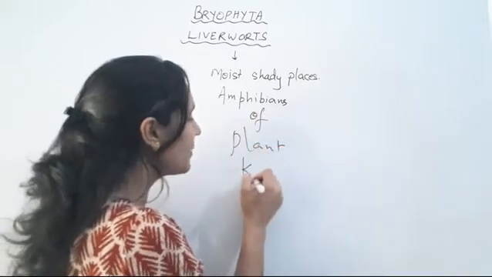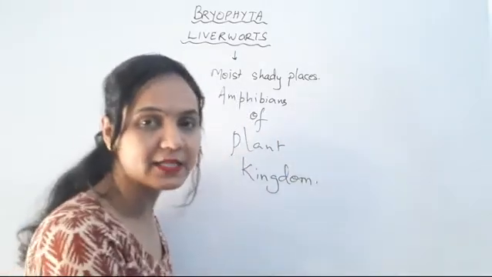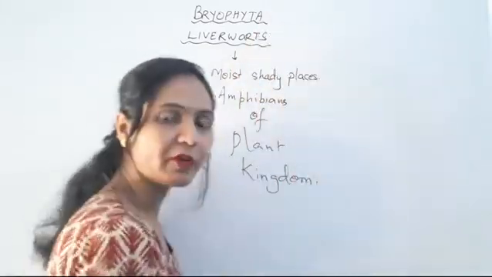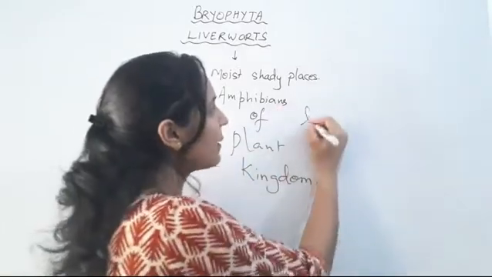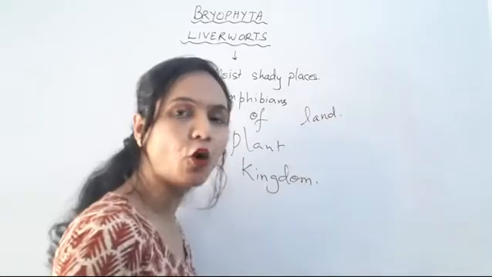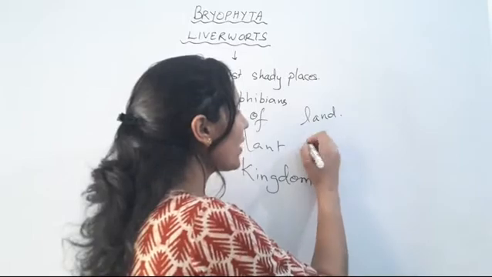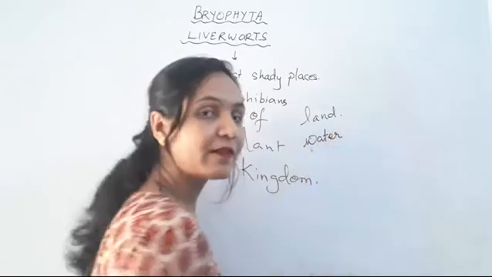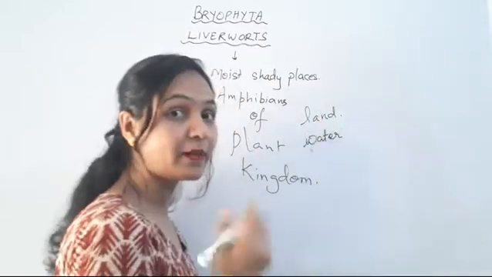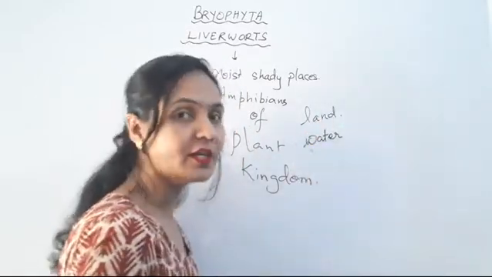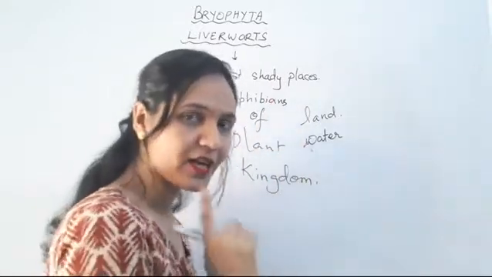plant kingdom, isn't it? We have already seen in the last class that these members of Bryophyta are known as amphibians of the plant kingdom, because they inhabit land surfaces, they form a dense mat which prevents soil erosion, and they also require water for various life cycle stages and for reproduction, isn't it? So because they inhabit both the land and the water, they are said to be amphibians, basically the amphibians of the plant kingdom.